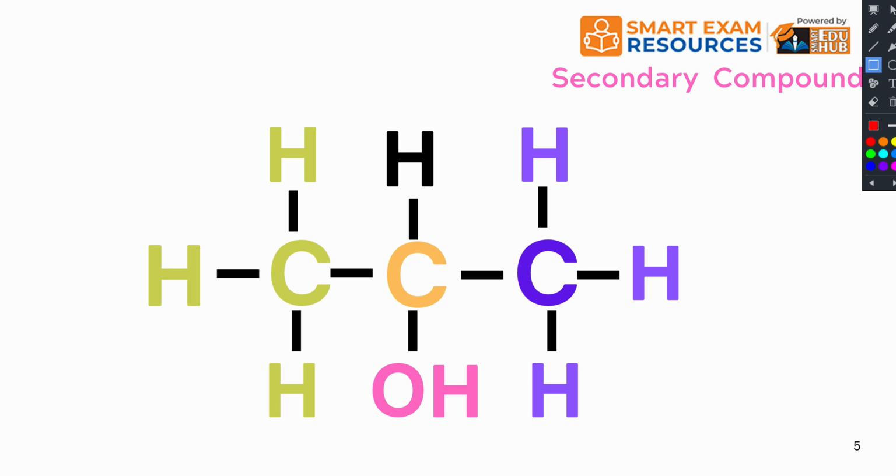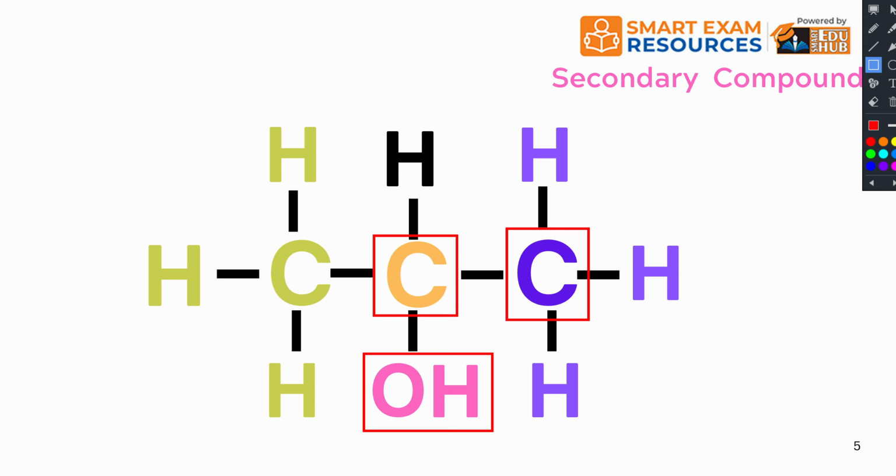Here is another example in which the functional group is OH, so this is an alcohol. This carbon atom, which is bonded directly to the OH, is now bonded to two carbon atoms. So the first thing that we are going to focus on is the carbon atom that is bonded to the functional group. So our focus is going to be this carbon atom. Now this carbon atom is only bonded to two other carbon atoms, one to the right and one to the left, and no other carbon atom. Of course, there's only one hydrogen that is present in this bonding.